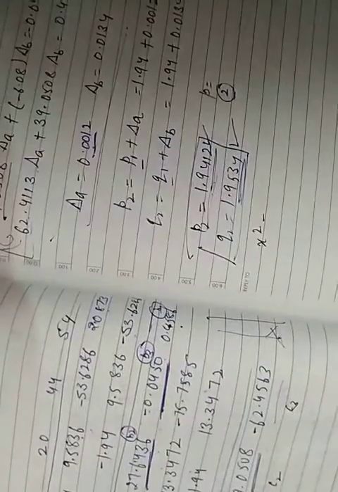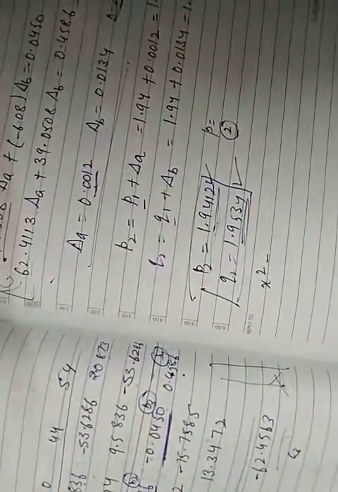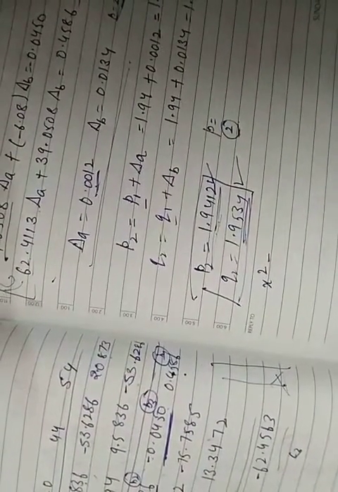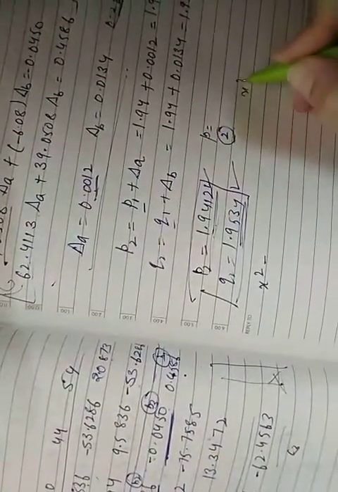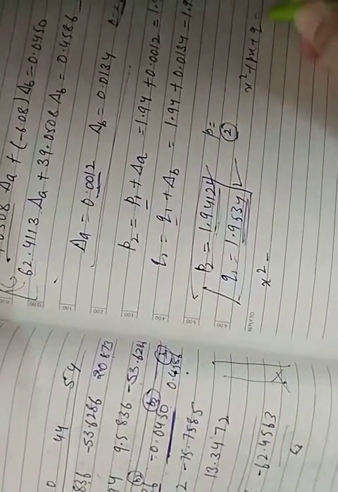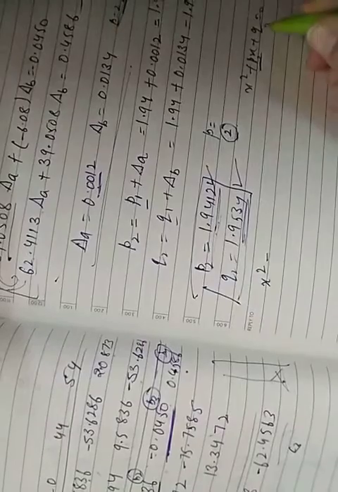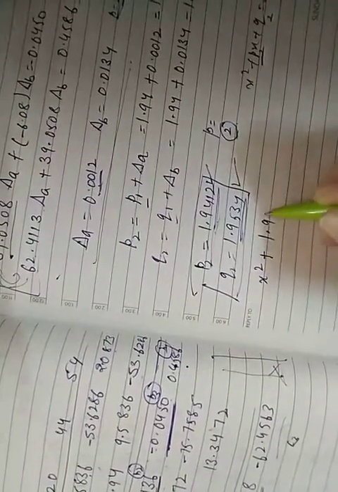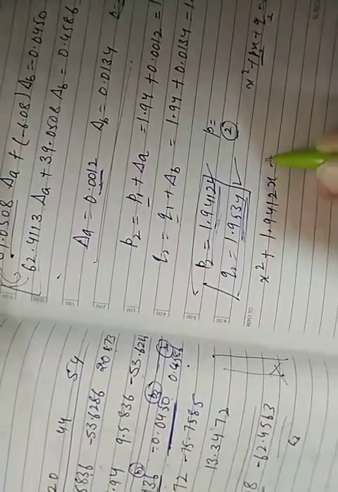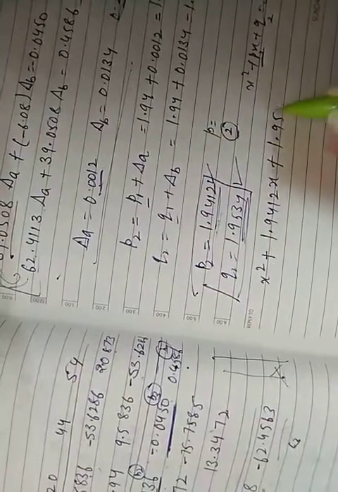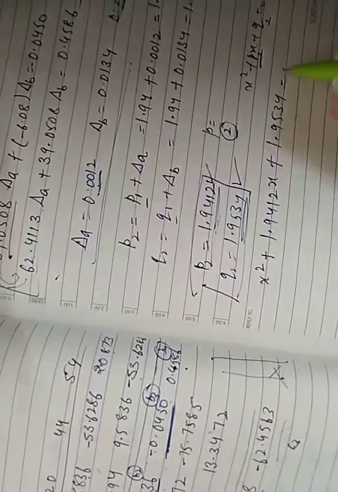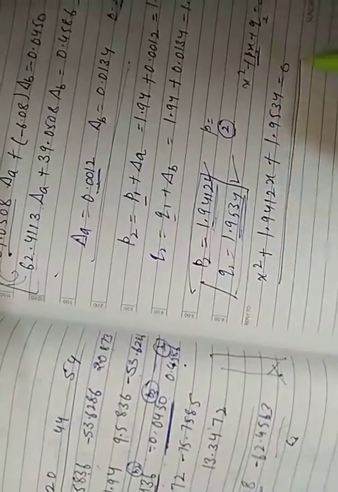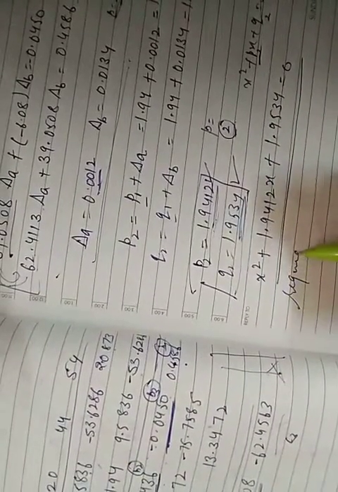That means our P, the equation I wrote at the start, that is x² plus px plus q. That means now we have P2 and Q2, we have taken x² plus the value of P2, 1.9412 into x plus Q2 is equal to 1.9534 is equal to 0. This is the required